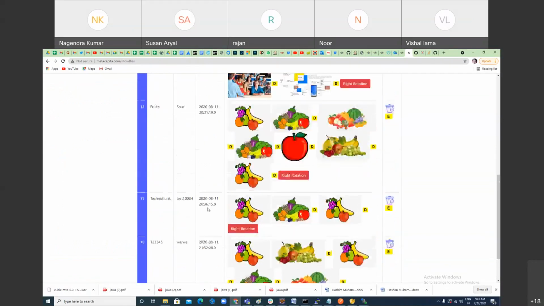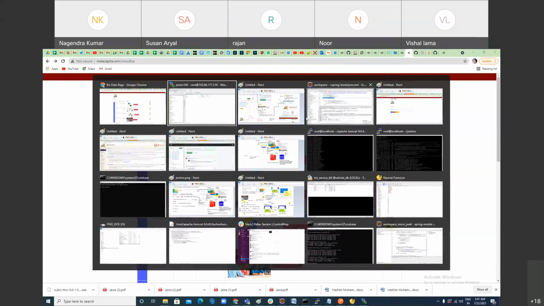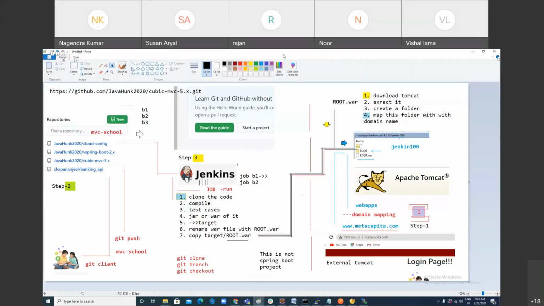Here it was done. I hope you understand the deployment process. You can say again, I don't remember the configuration part. That's fine, but you got the purpose. What Jenkins